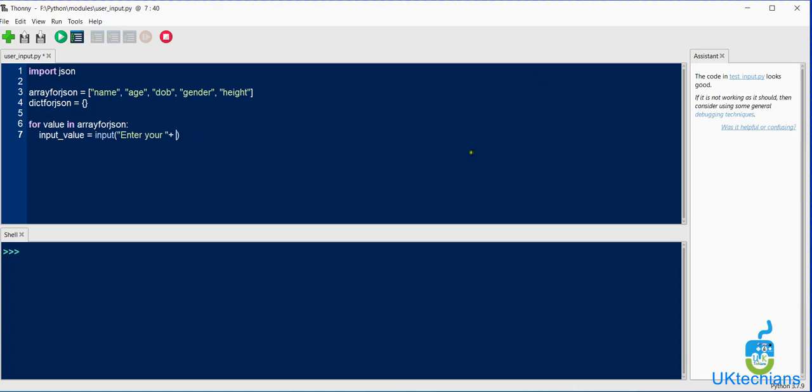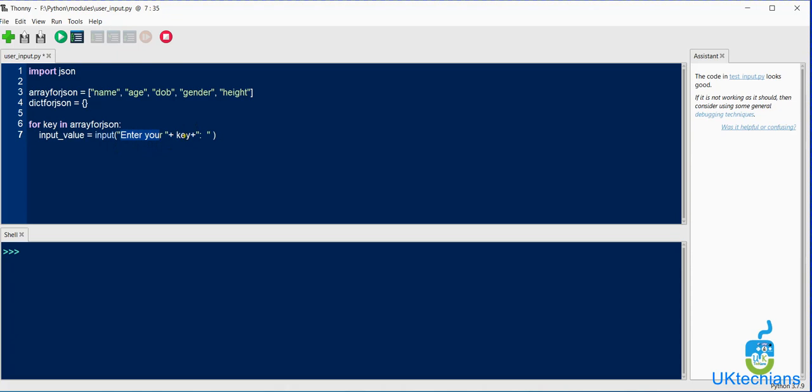So here is the key. Enter your, this will be the key, and then we add a plus for concatenation and then two spaces. What it will do is take input by saying enter your key.